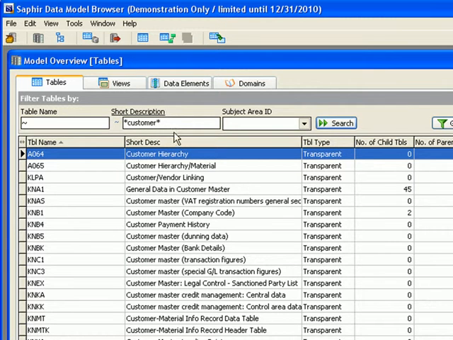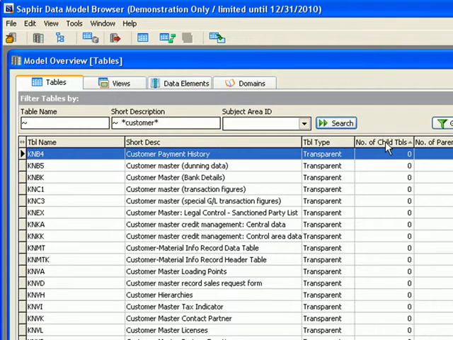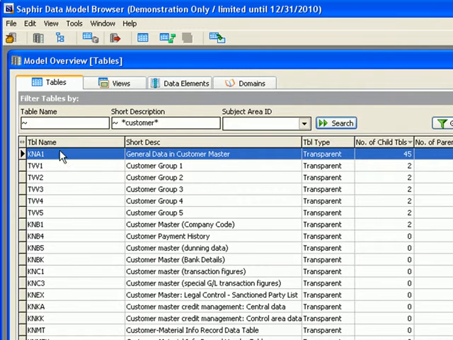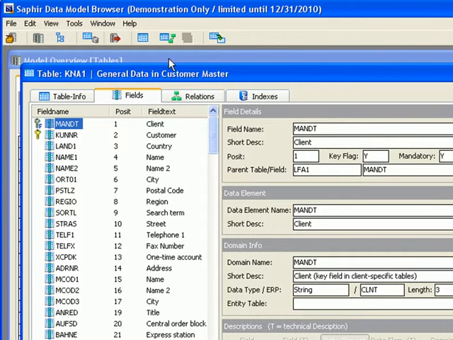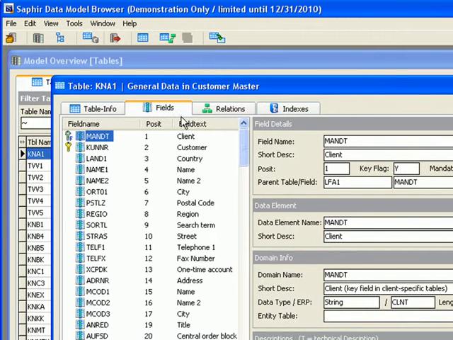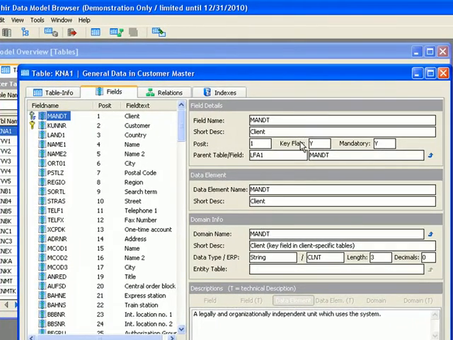And these are all the tables now that are related to customer based on their short description. I can do a search here on the number of child tables, and you'll see that this KNA1 table actually has 45 relationships. To analyze this table, I just double click here, and now this is the information regarding that table. If there's an F here, this primary key also is a foreign key,